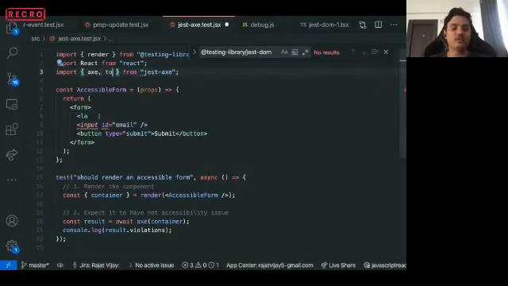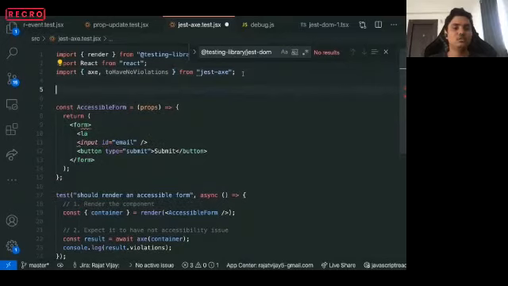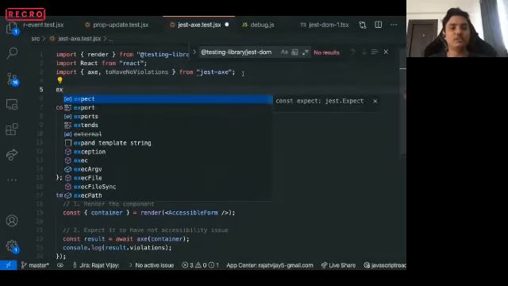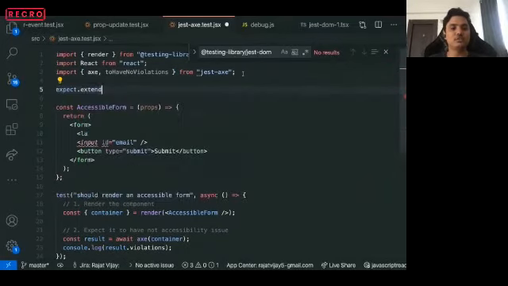jest-axe also provides an assertion utility called toHaveNoViolations. Let's see if this is the correct name. Okay. And you can add it to the expect function as we have seen previously.